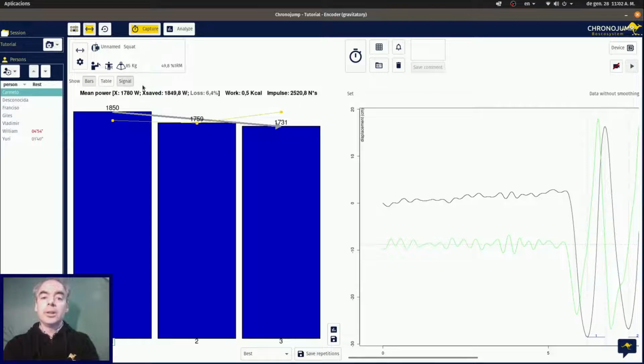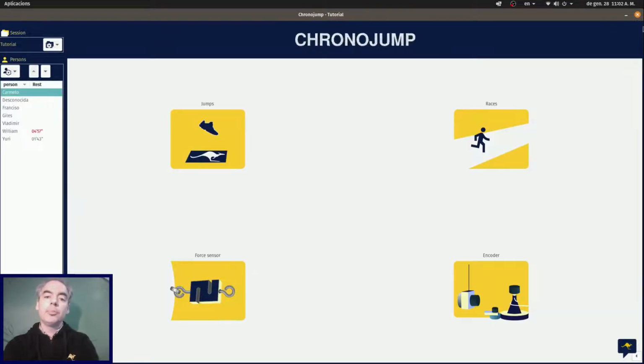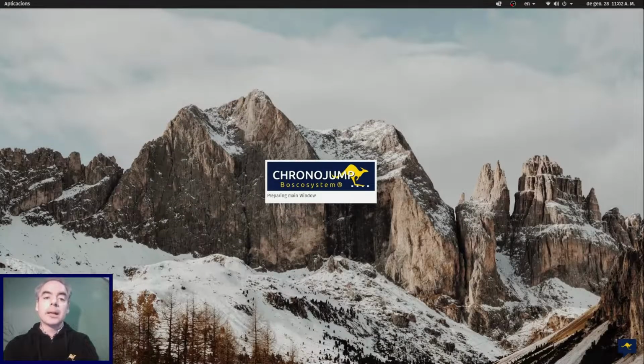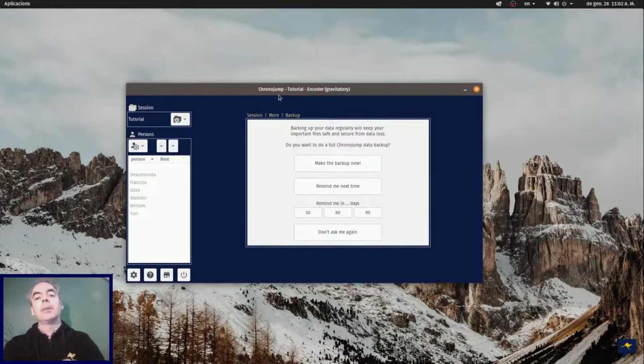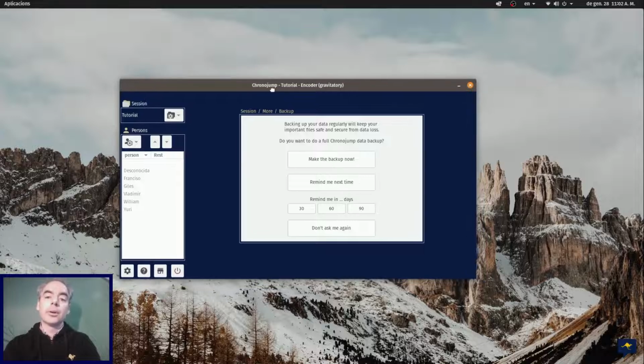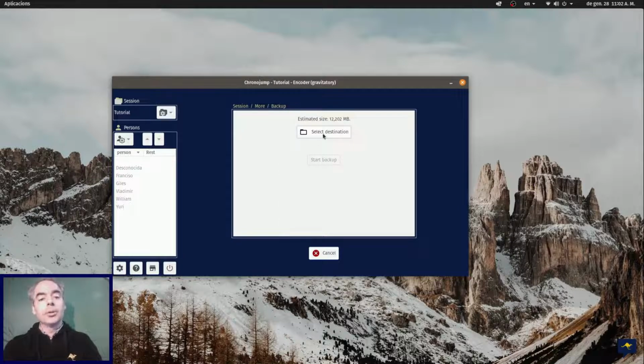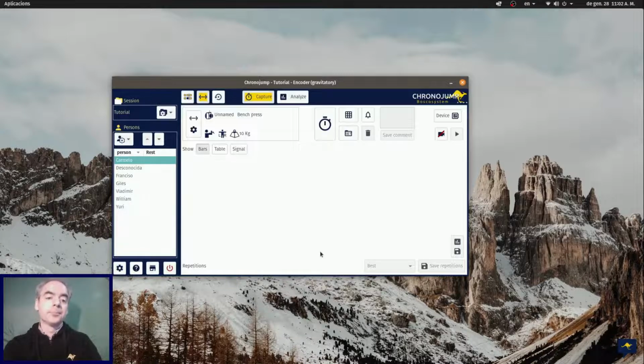Another important change is related to backups. Previous versions did automatic backups every time ChronoJam was opened, but those backups were not complete. Those backups contained the jam and races data, but not the complete data of all the signal on Race Analyzer, Encoder, or Force Sensor. Now with ChronoJam 2.2.0 there are scheduled backups. User can select when the backup is going to be done, for example each 30 days, and that backup is complete, so your data is much more safe.